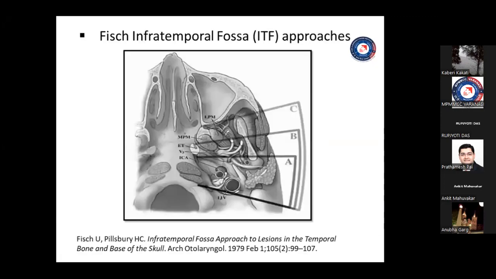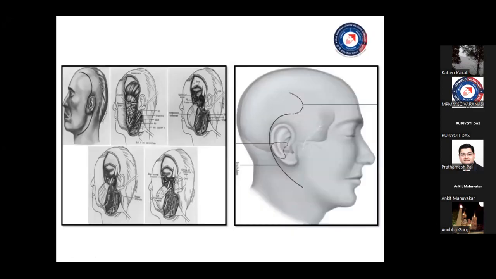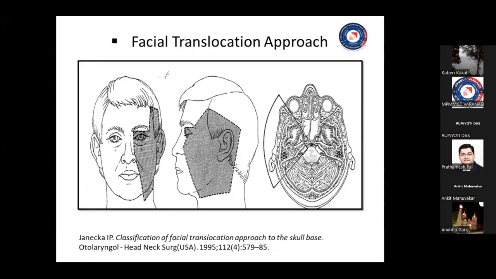The next is the ITF approaches as explained by Ugo Fisch. It can be a pre-auricular or a post-auricular incision depending on the access needed. Next is the facial translocation modules as explained by Ivo Janecka. Among the facial translocation modules, the posterior extended facial translocation module gives good access to the ear, the temporal bone,